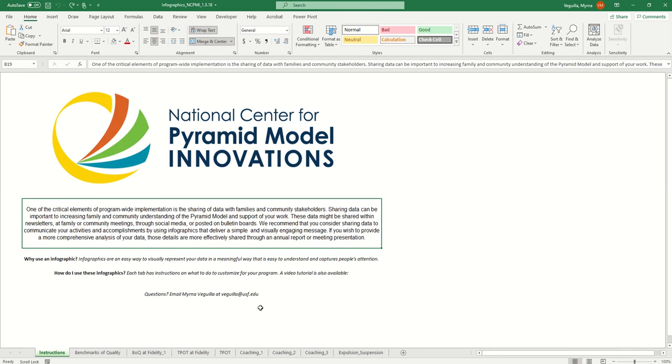This is a tutorial on using the NCPMI Infographics workbook. When you first open the workbook, you'll have a couple of tabs down at the bottom. You'll have the Instructions tab, Benchmarks of Quality, BOQ at Fidelity, Teapot at Fidelity, Teapot, Coaching 1, Coaching 2, Coaching 3, and Expulsion Suspension. If you don't see all of these tabs, then it's likely that this bar here is